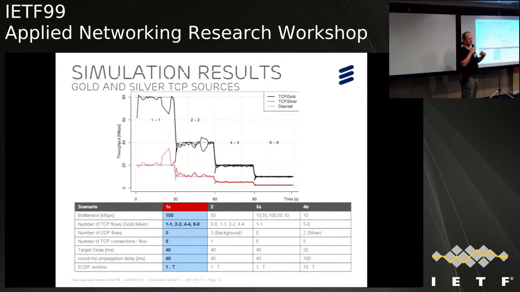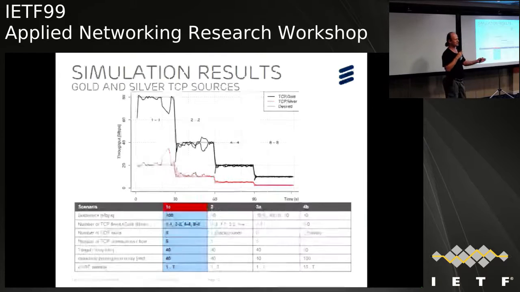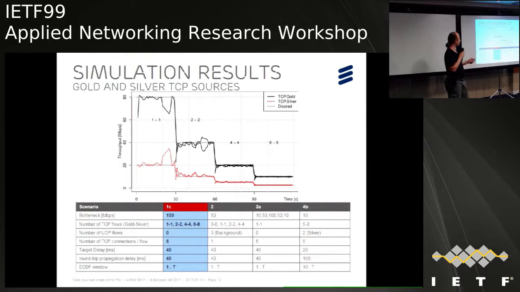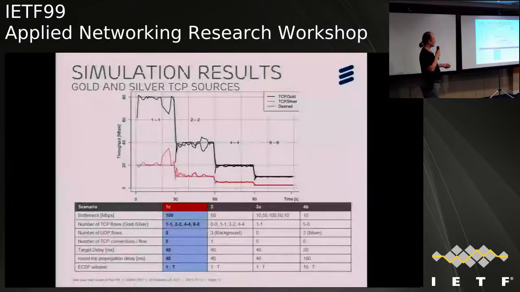So what is what we defined? If you know we have this number of sources, these TVFs, and this capacity, then it's simple math to calculate these desired shares. And what you can see, if we have not too many users, there are some deviations from the desired shares, but as the number of sources increases, the actual share got by the users is very close to the desired. And this is mainly because